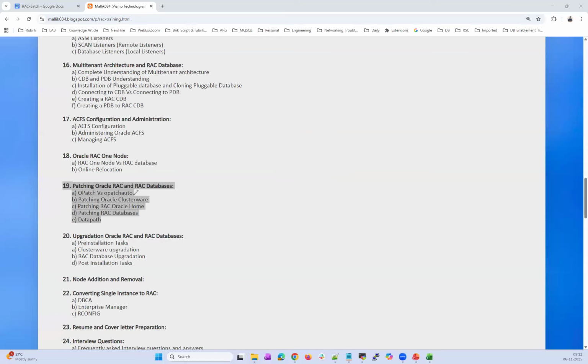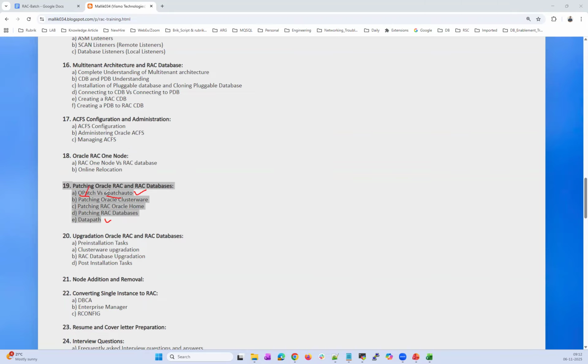We have OPatch versus OPatch Auto, the tools for patching. We use OPatch, OPatch Auto, and datapatch. OPatch and OPatch Auto apply that patch under your grid home and DB home. There's a patch, and I need to apply that patch at binary level on my grid home and Oracle home.